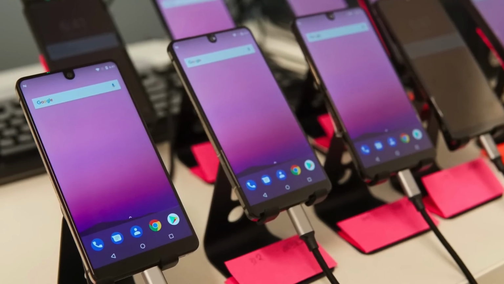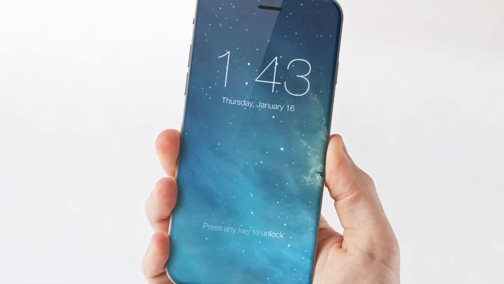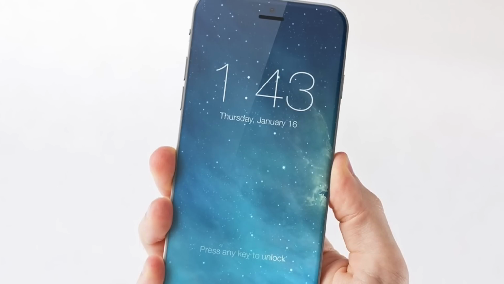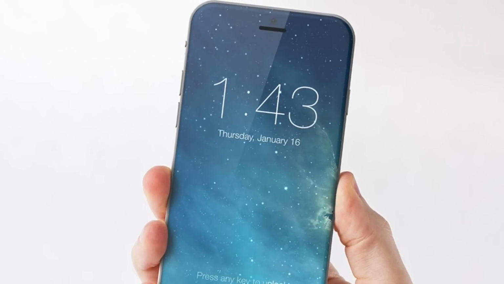And I think this year, the year of killing bezels, has proven that this is turning more into a beauty contest. How pretty can the phone look? And if we can get the phone to look pretty, then people are going to buy our stuff. But again, as phones start to look more and more similar with glass backs and increasingly removing bezels, there will come a time where we have a 100% screen-to-body ratio and there are absolutely no bezels on all the phones. And when that time comes, aesthetically, it's not going to be the look of the phone that makes or breaks it. It's going to be about the operating system.